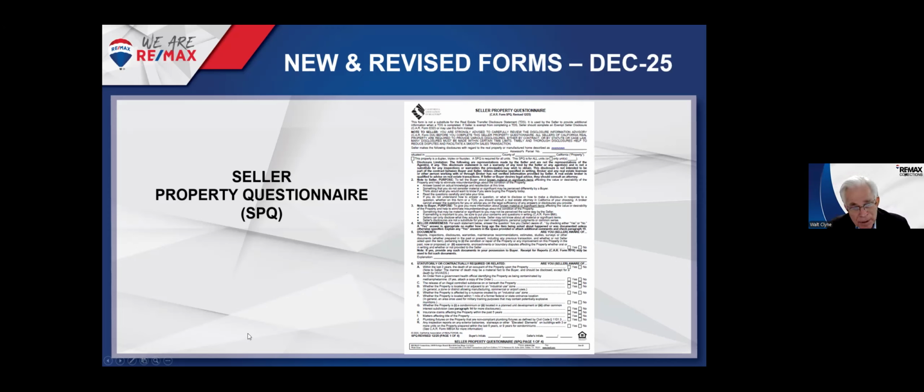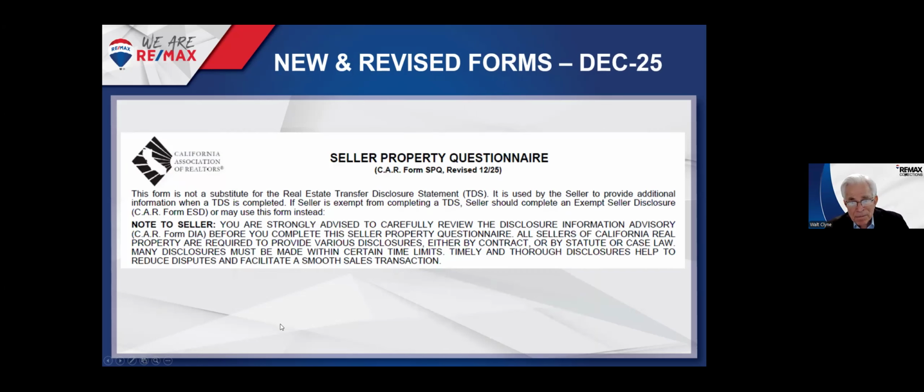That's good. But the example I cited earlier, especially children who are successor trustees, and maybe they are exempt because they didn't live in the property, but they might know quite a bit about the property. So you should encourage them to execute an SPQ. All right, so this is just details that if the seller's exempt, then the seller should complete an ESD, exempt seller disclosure. Now,